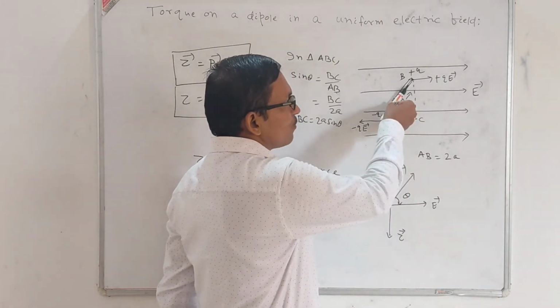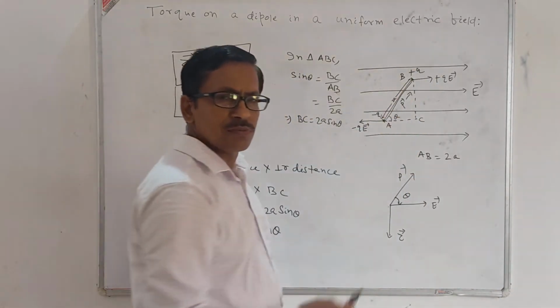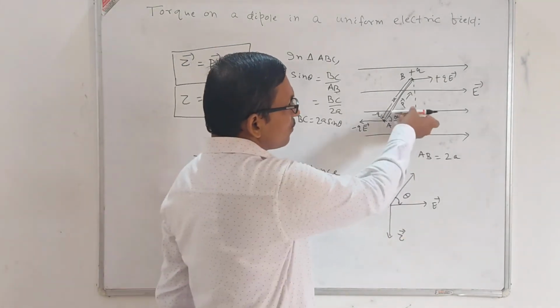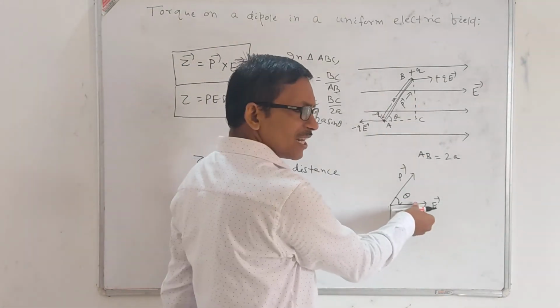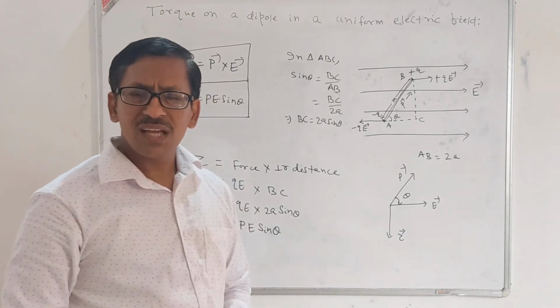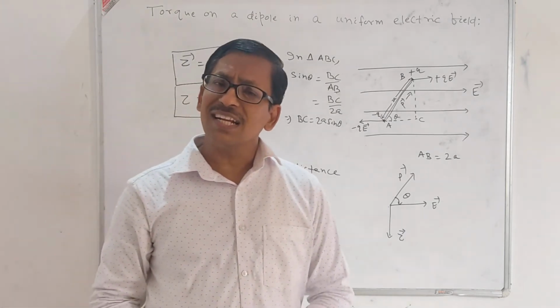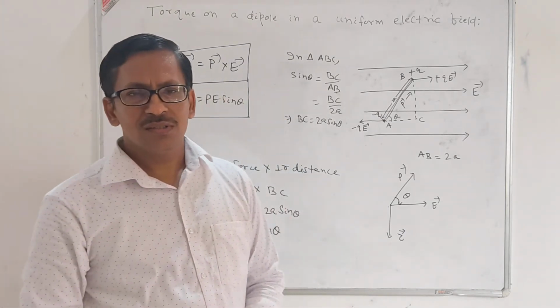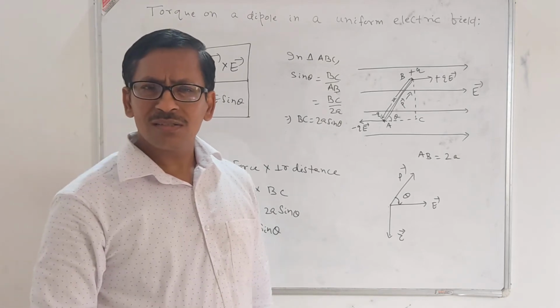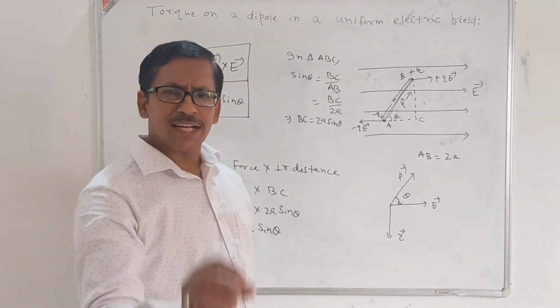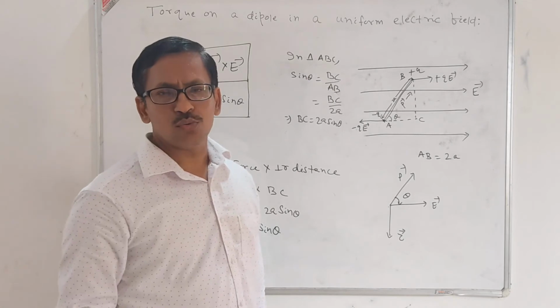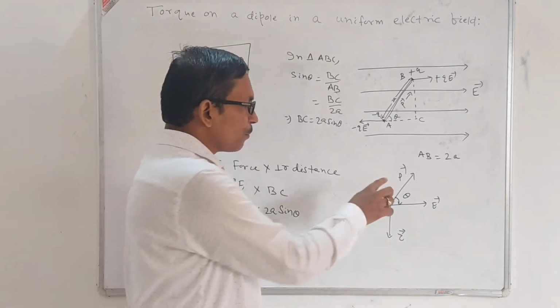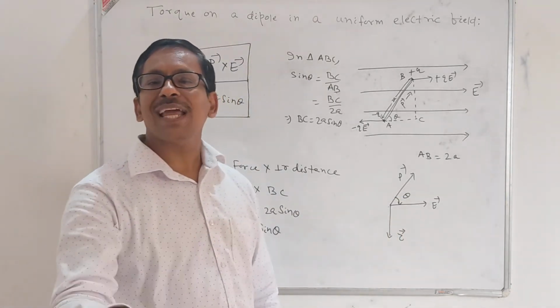It is the direction of dipole moment, from minus Q to plus Q. Then this is the direction of electric field. And the direction of torque is given by the right hand screw rule. So what is the right hand screw rule? If you rotate a right handed screw in the direction from P to E through the smaller angle, you